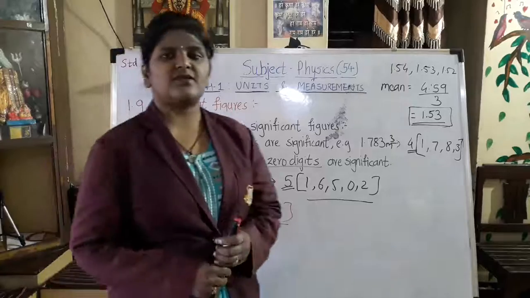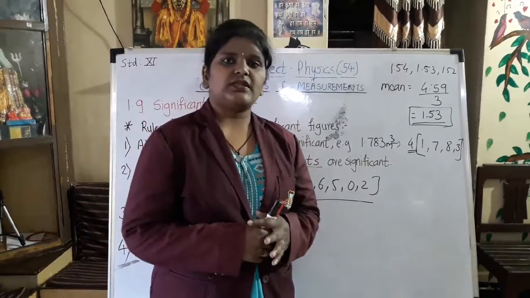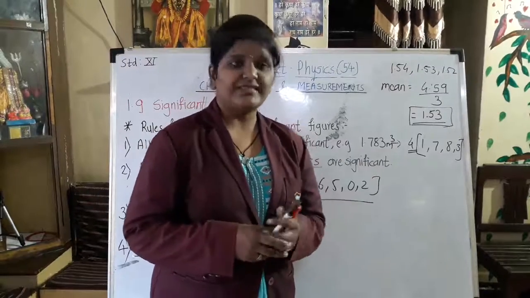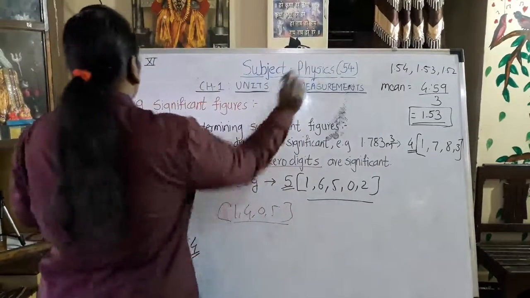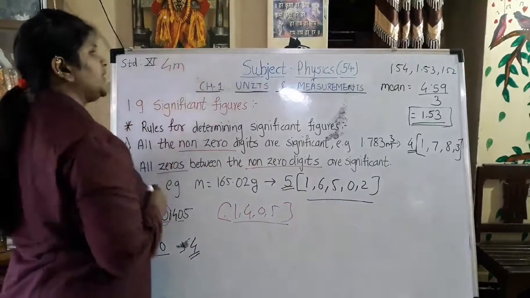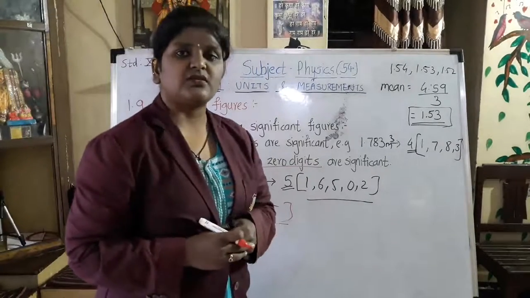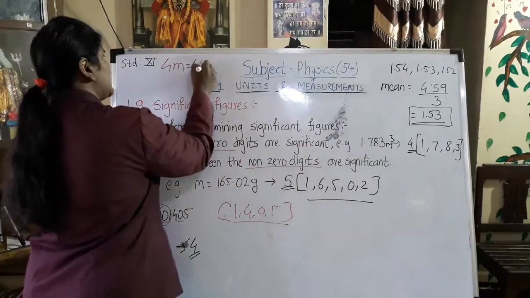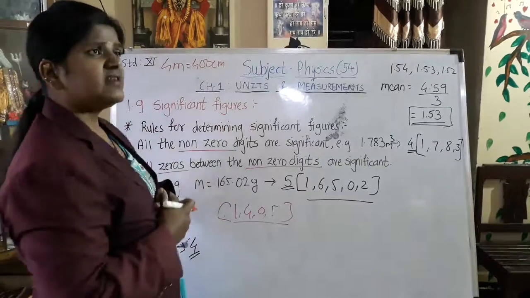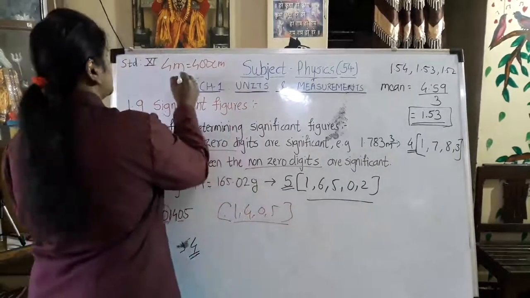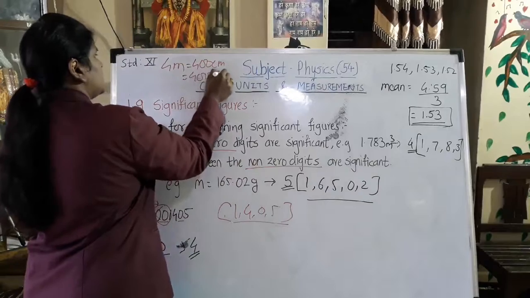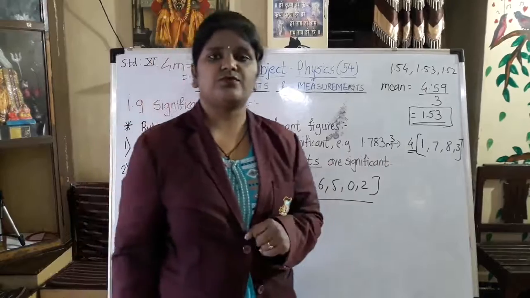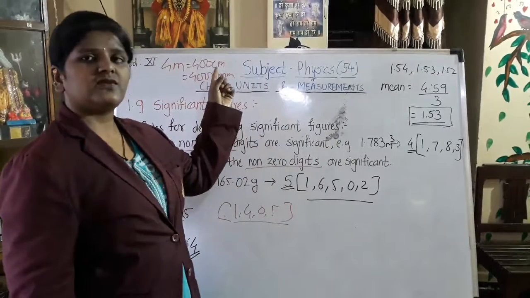But what happens if I calculate the length of anything? Suppose I am calculating a yard whose length is, suppose, 4 meter. But if I change the system of unit, this can also be written as 400 centimeter. Again, if I change, it may be something else. So all these 3 numbers are correct, right? It is just the matter of system of unit. But what happens to the significant figures over here?